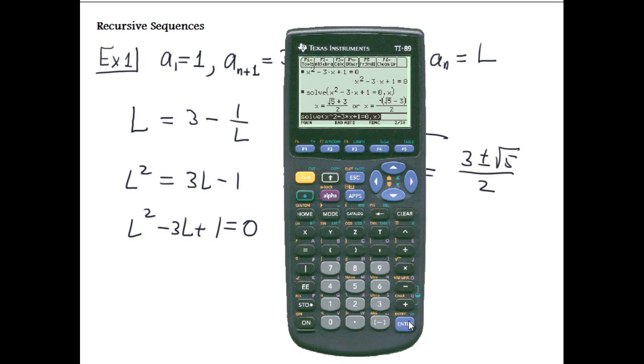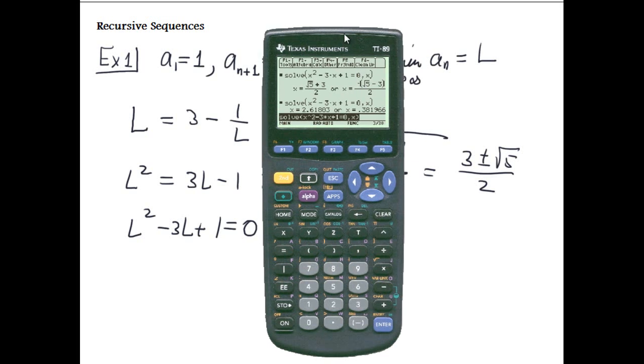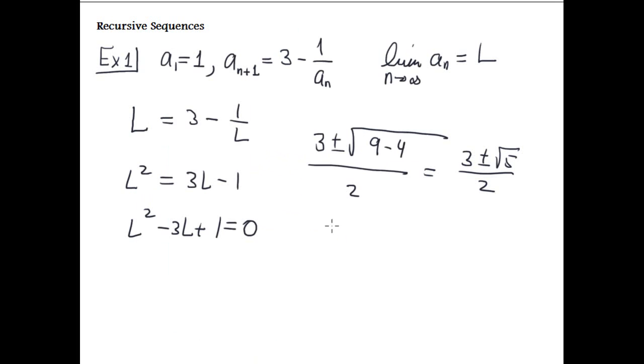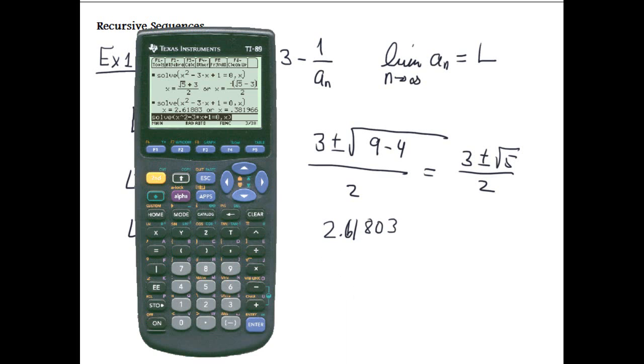Okay, there you go. This is the answer. And the decimal approximation is, look at that, 2.61803. 2.61803 is one value, and another value is, let's see on the calculator, 0.38